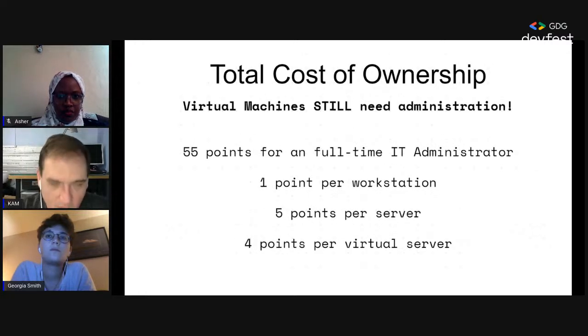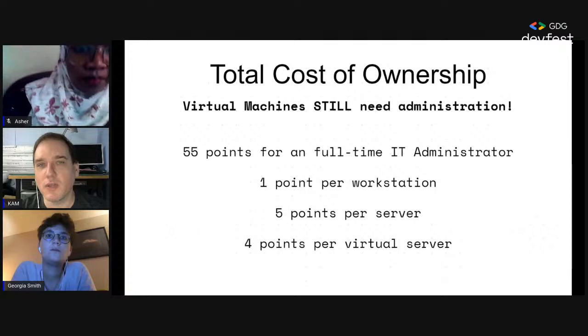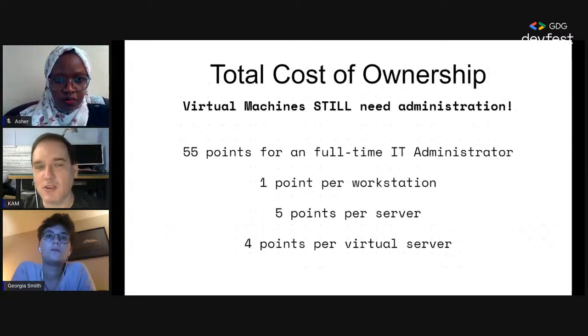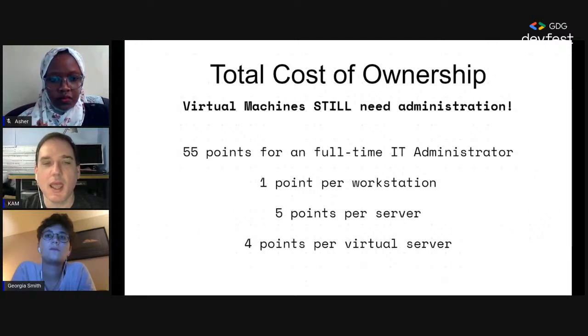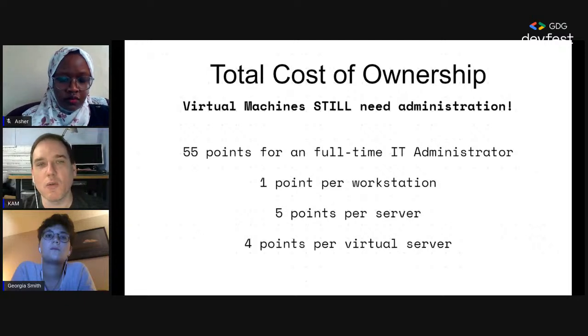But the big thing that I want to talk about here is the total cost of ownership. So one of the number one things is that you still need to administer those boxes. They still got to have patches installed on them. Somebody's got to log in, manage the users, whatever has to happen, make sure backups are done. And we've seen some pretty big problems with this in general with the cloud, because it's so easy to ramp up boxes. So many years ago, over 25 years ago, we did a study, and we determined that